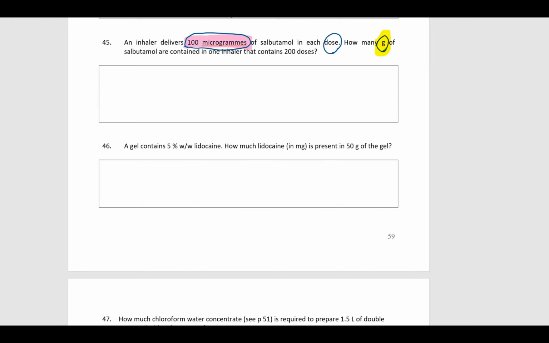So 1 gram is equal to 10 to the power of 6 microgram. So how many grams are 100 microgram? So 100 times 1 divided by 10 to the power of 6. So that would be